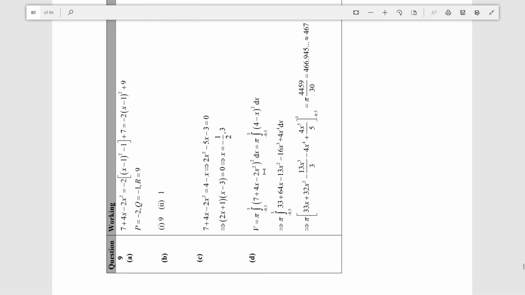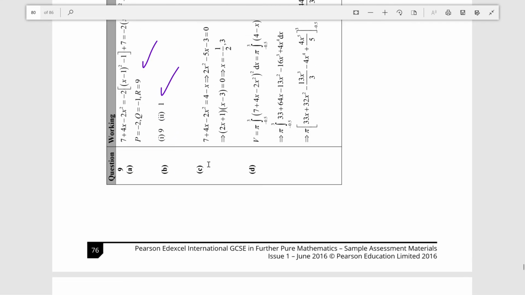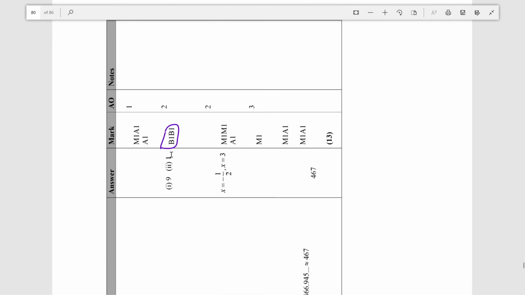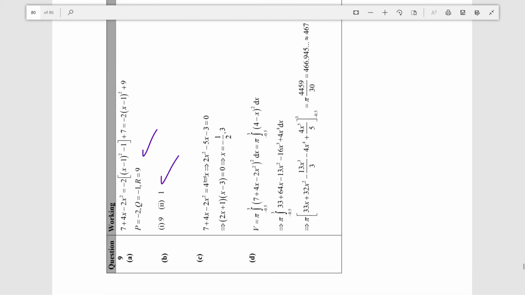Alright, so this is the mark scheme for question 9. And we got p is minus 2, q is minus 1, r is 9, yep. And then the values are 9 and 1, yep. And then, of course, we do not have to give any working for this because they are B marks. And B, if I may remind you, just stands for independent accuracy. So that means you just have to have the correct answer with no working whatsoever. But, yeah, okay, so if something is like write down,